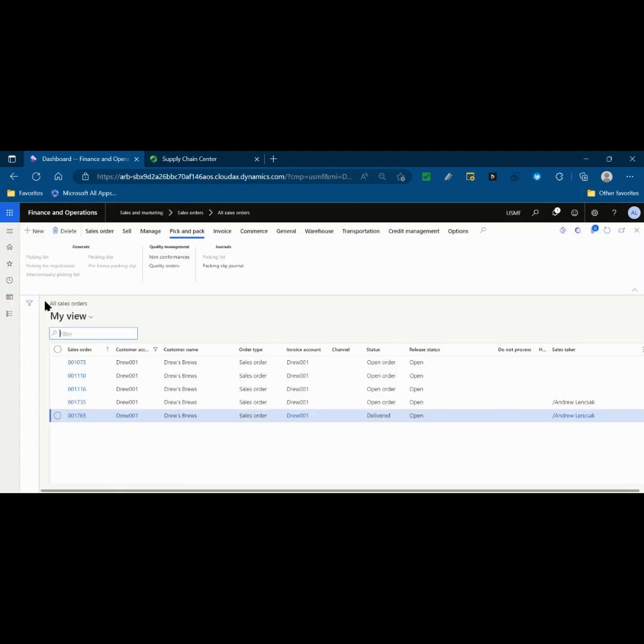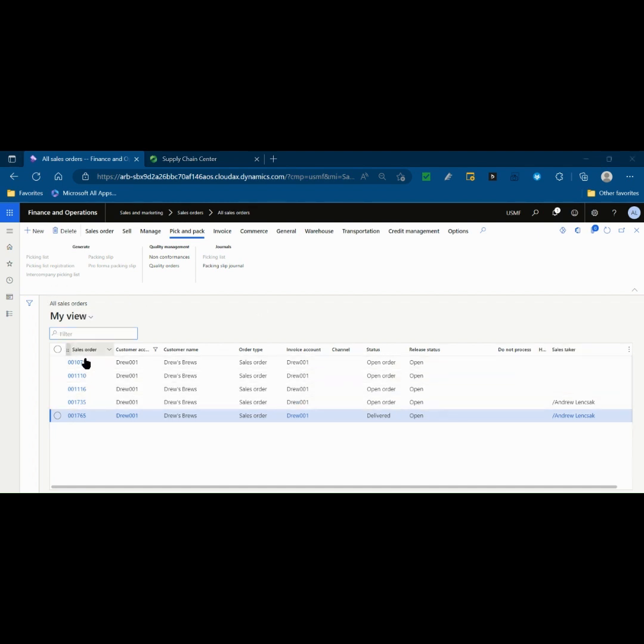Today we're back with the letter D and we're going to be talking about direct deliveries. So I'm going to start off by creating a sales order for a customer, and the way we're going to fulfill this sales order is by drop shipping the goods from one of our vendors. And we'll talk about some of the transactions and some of the settings and things that happen during that process